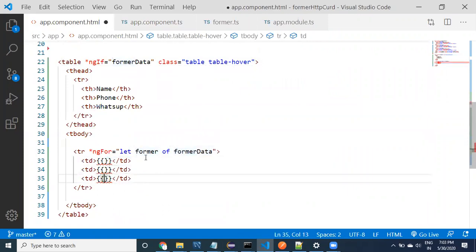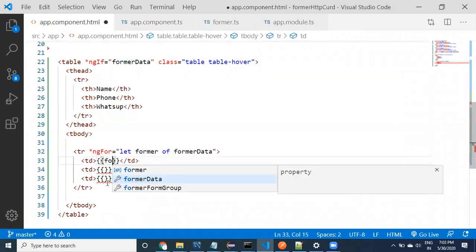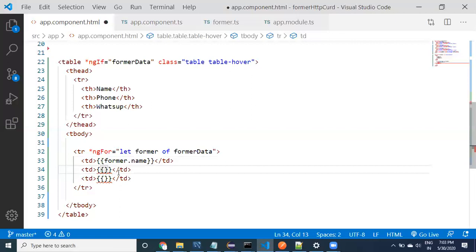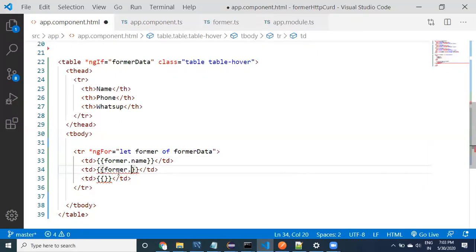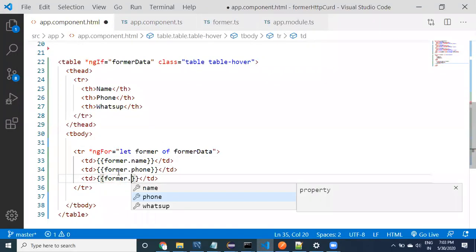Previously, we did not get any help. Now we have provided the type. See here, automatically we got help: farmer.name. Why? Because we applied the type. Because of the type, the editor is going to help us with what kind of properties are available. It will show you the different properties available in the format.